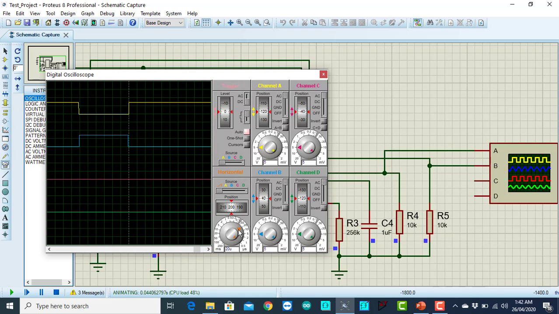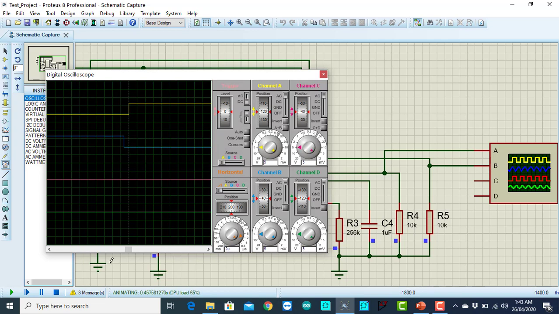As you can see, I'm getting the PWM signals from this IC. These are two opposite square pulses with some sort of dead time. This is the dead time, the off time, the lag time between two pulses.